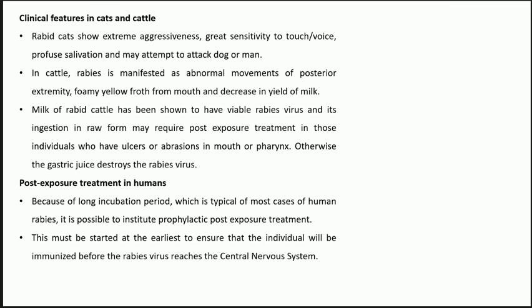So this is about rabies. The causative agent is a virus, remember. It is a zoonosis, transferred from animals to humans. Most warm-blooded mammals have these viruses. It is present in saliva, and it is generally transferred, or infection occurs, when an open wound is there. Animals will bite you, and at that time the saliva will get mixed in the blood. So these are all the things related to rabies.